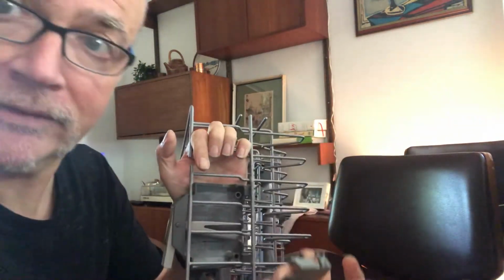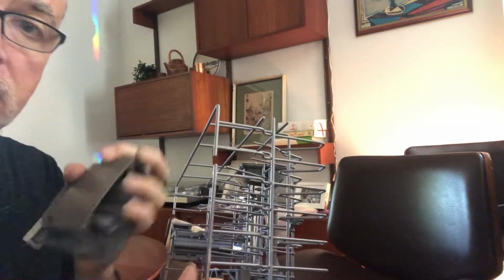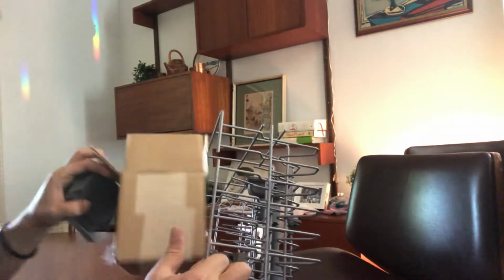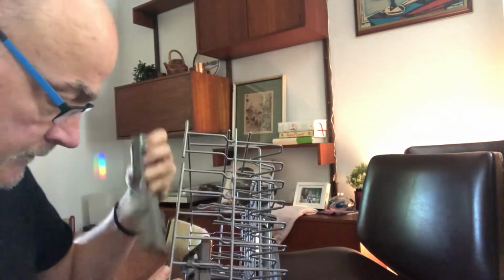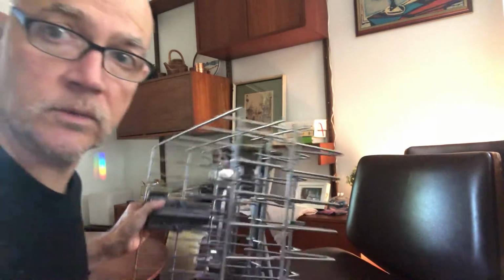Just pull the back off, that'll work. And now it's free. So this is the old one. It can go in the parts box. This might look familiar to you. That's the old adjuster. It's going to go in the trash where it belongs. Okay, so